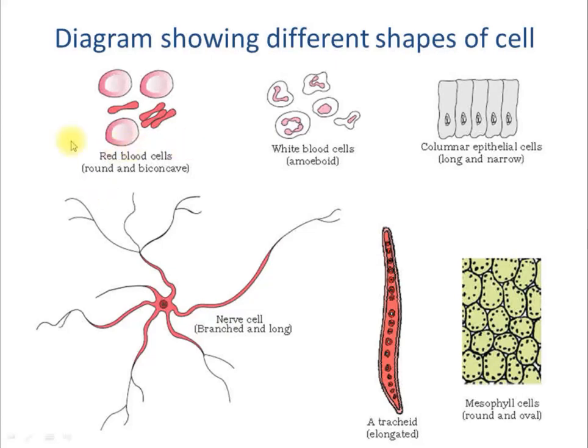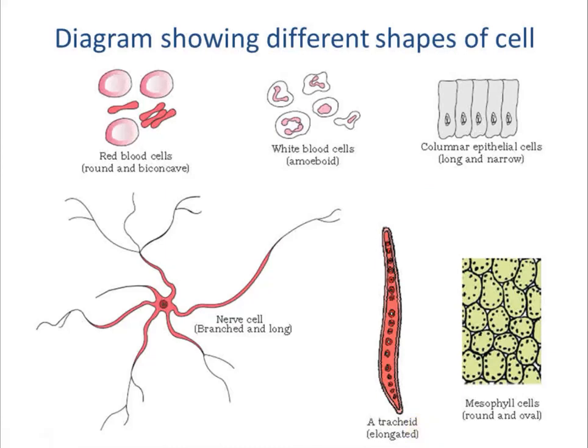Right? So we have discussed 4 cells which are present in animals and their shapes, and why these shapes are present, or what is the importance of these shapes. That is what we have learned. Now we will discuss 2 cells which are present in plants. Right? So starting with the first one, trachea.